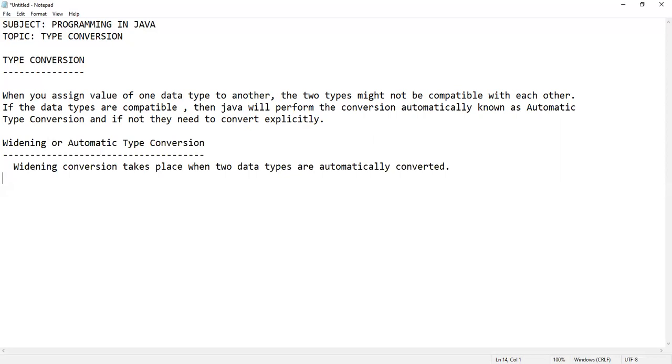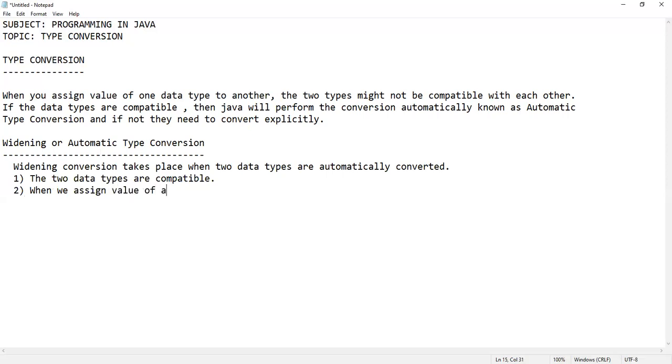The two data types are compatible. This widening conversion happens in two conditions. First, when the two data types are compatible, widening or automatic type conversion will happen.